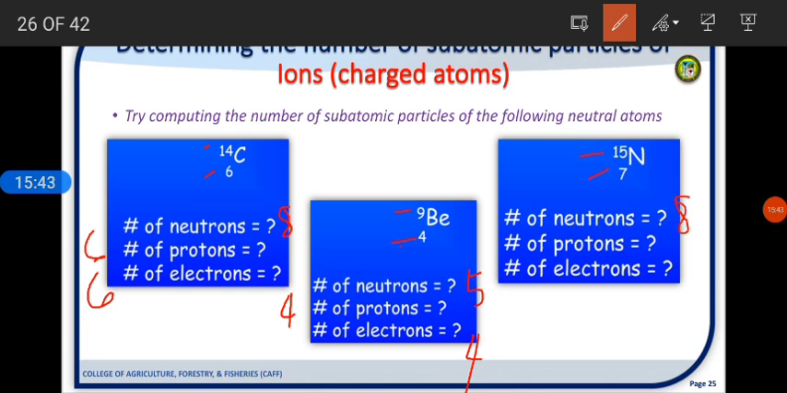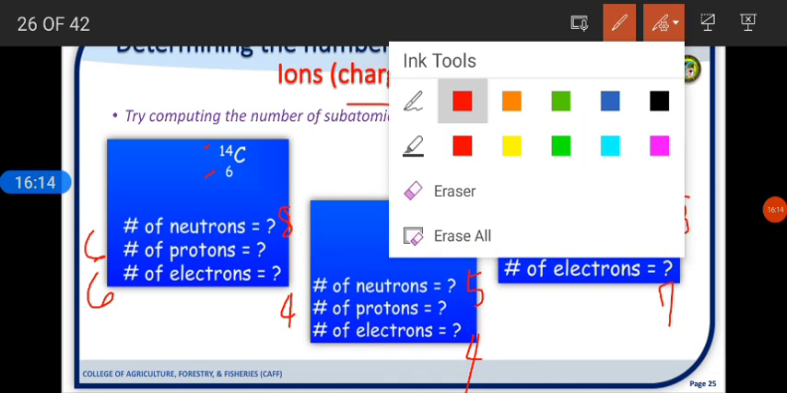15 minus 7 is equal to 8. And how about for the number of protons? We have 7. And of course, for the number of electrons, we have 7. Okay, take note, these examples are neutral atoms. So if you're going to compute for their charge, so protons minus what? Protons minus electrons. So in this case,